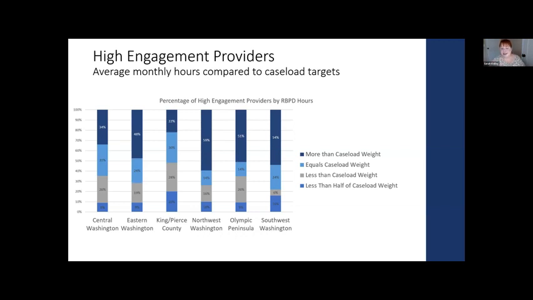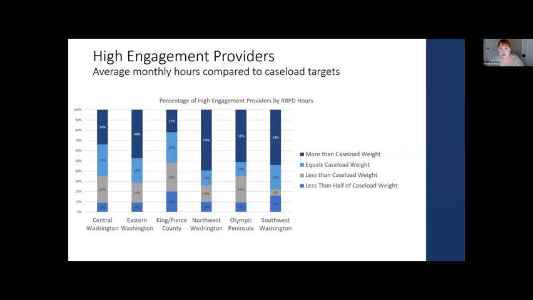My answer then was, let's take the year to collect this data and then let's reflect back on it and decide what categories we need. So this is really supporting the need for that very high. When I look at how many received more RBPD time than we anticipated, and the same for there's a fair amount that received less than half of the caseload weight, that tells me that yes, it makes sense to have a category that's very low as well.